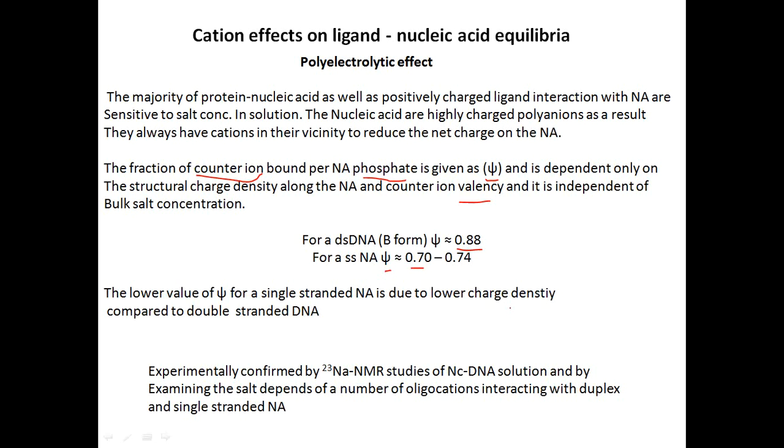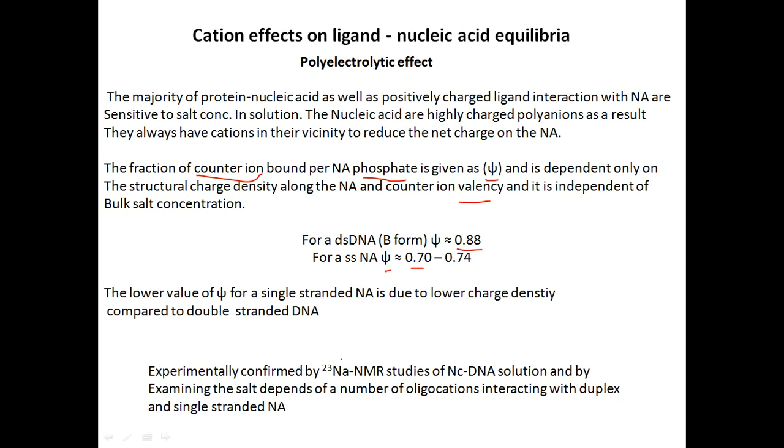So the lower value of psi for a single stranded nucleic acid is due to the lower charge density. In a double stranded DNA, the charge density is large because in a particular region the number of phosphate groups is more. But in a linear, or single stranded, nucleic acid the charge density is less, so that's why the fraction of counter ion bound is less for a single stranded nucleic acid than for a double stranded DNA. And these are experimentally confirmed by